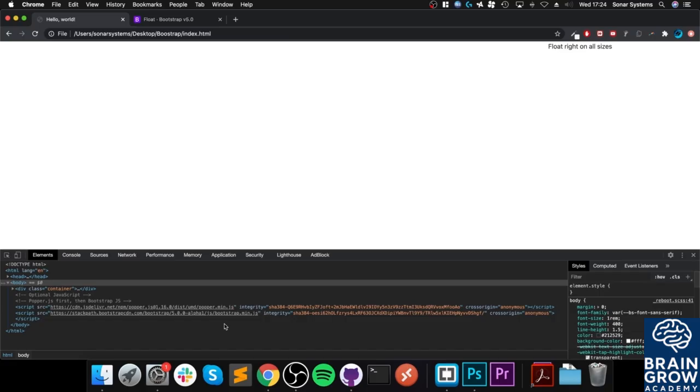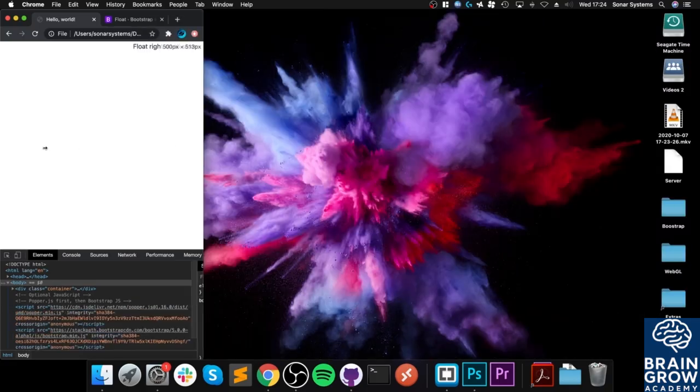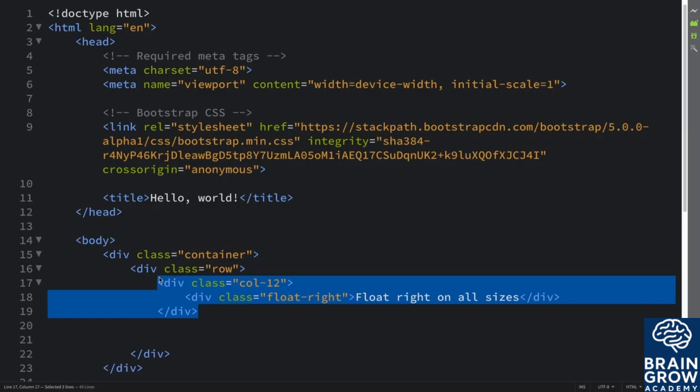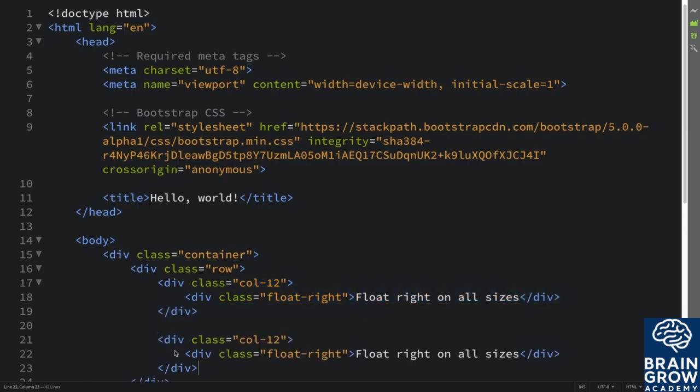So that is really cool, but that is on all sizes. You may not want that. So let's say if I want something similar, but I only want it on the right on an extra large size. So what I can do is I'm going to just duplicate this. What element you apply to what your parent elements are is totally up to you. And for this, I'm going to say float right